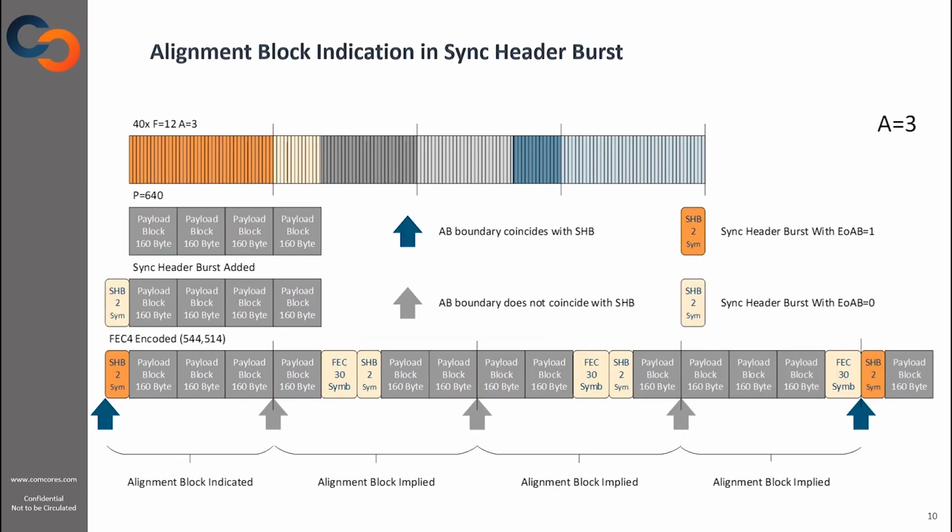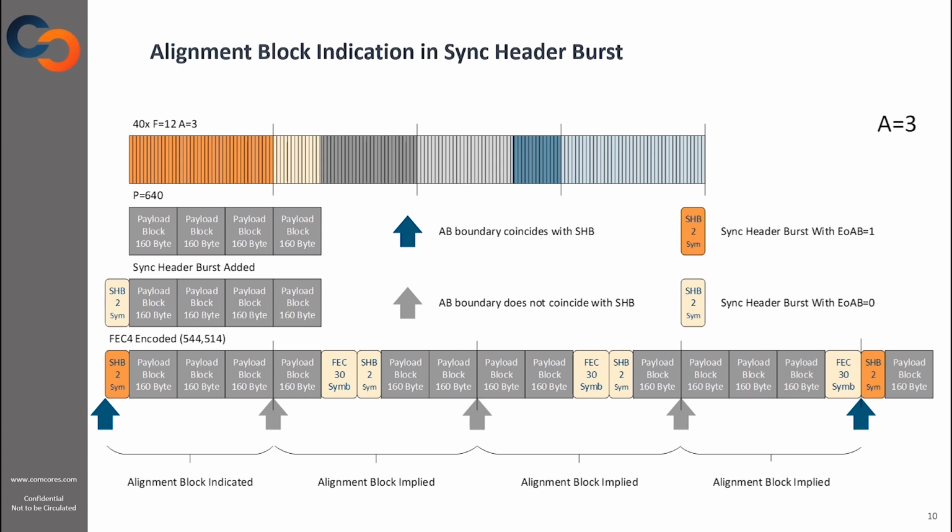It will not always be the case that the alignment block boundary coincides with a sync header burst. In this example, we set F to 12, meaning our frame consists of 12 octets, and frames no longer nicely align with each FEC code word payload. In this example, the FEC code word payload consists of 4 payload blocks, and we set our alignment block to contain 3 payload blocks. Containing 3 payload blocks allows it to align with a whole frame or start with a